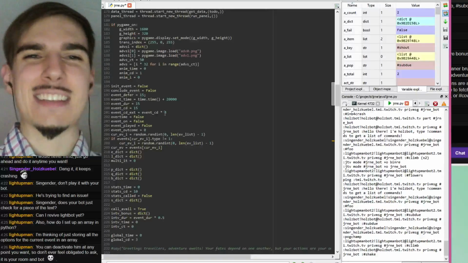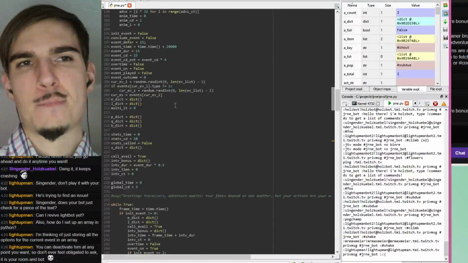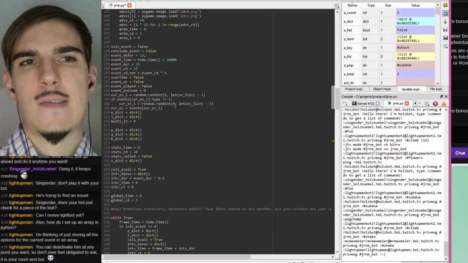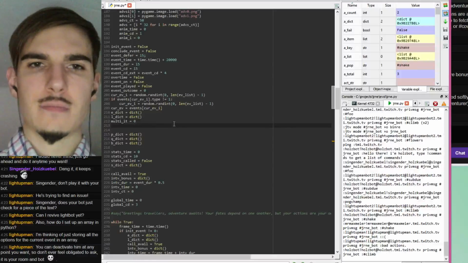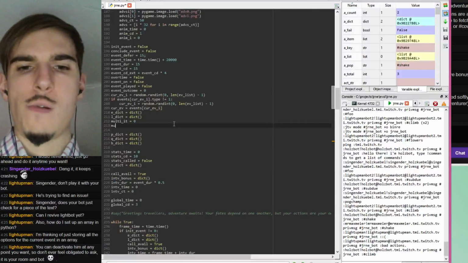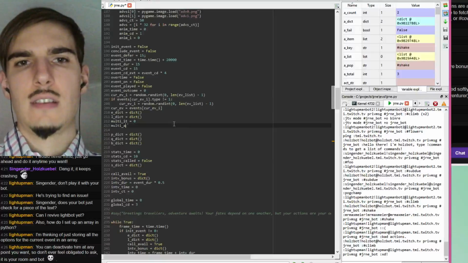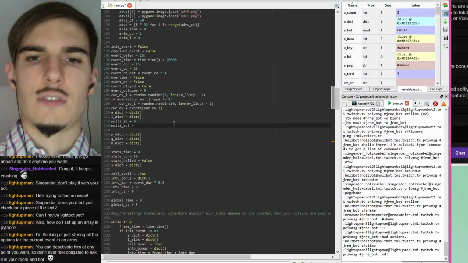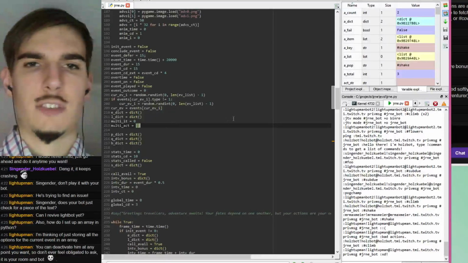Sorry, this might be a little squonky. I don't know if this is a sensible way to do it, but... I'll call this multi act equals, I don't know, nothing for starters.